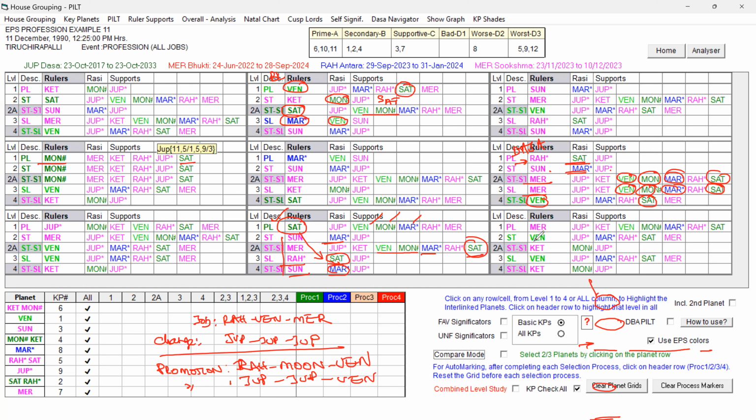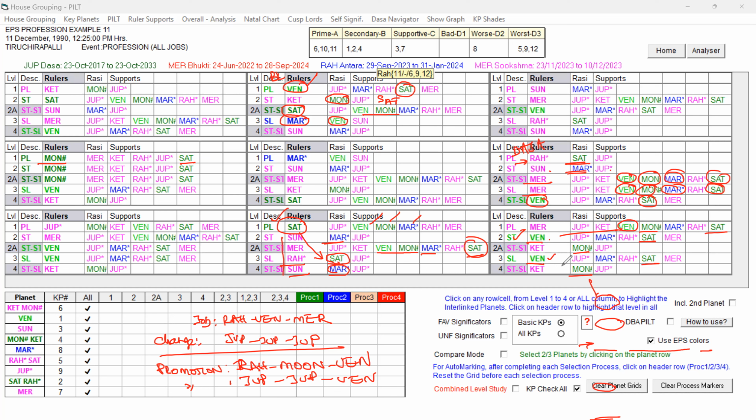Mercury is in the star of Venus, the strong favorable key planet of the Bhukti Lord itself acting as the star lord and sub lord. All are having favorable key planets, and look at that same favorable key planet, Venus, forming a ruler link, and Moon also there, Saturn also there, and Saturn, Moon, all the favorable key planets are there in support. Along with that, the star level and sub level are ruled by the strong favorable key planet of the Bhukti Lord.